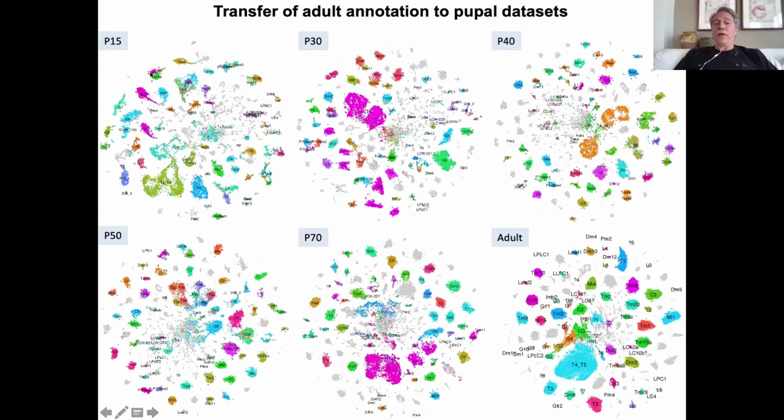So even at P15, when they were just born, and you can see actually some of them are still being born at this stage, you can actually match all of the clusters. It's almost perfect. So everything matched very well. And now we can ask, what happened to this T45 cluster at, for example, 50% pupation, when those cells were actually making the connections?